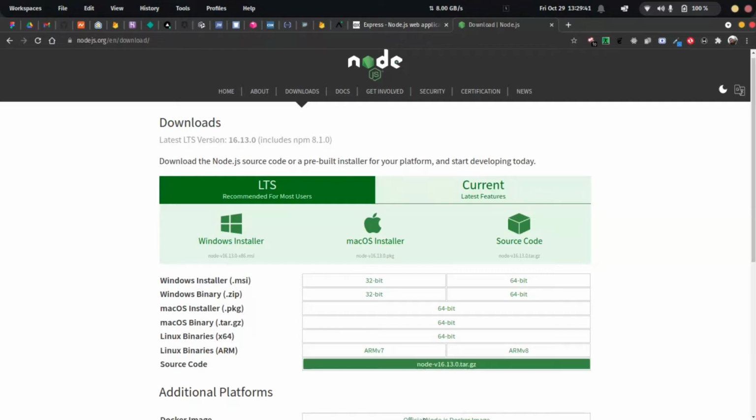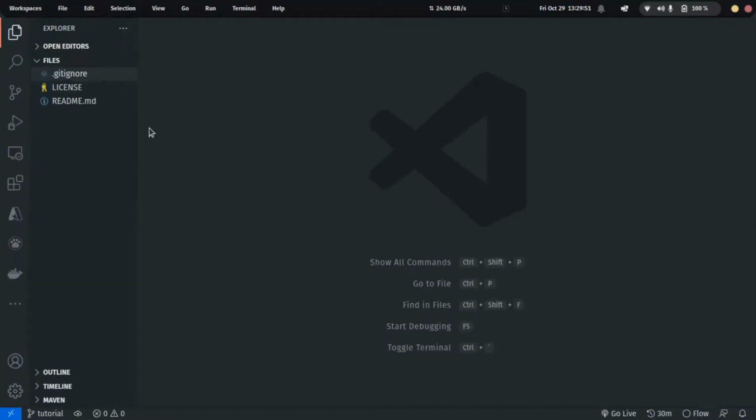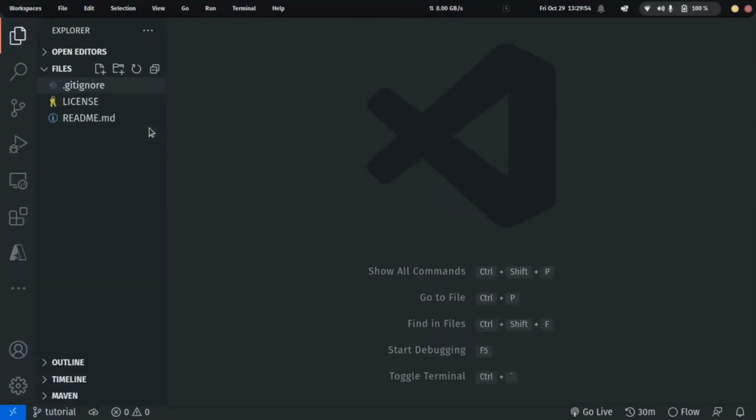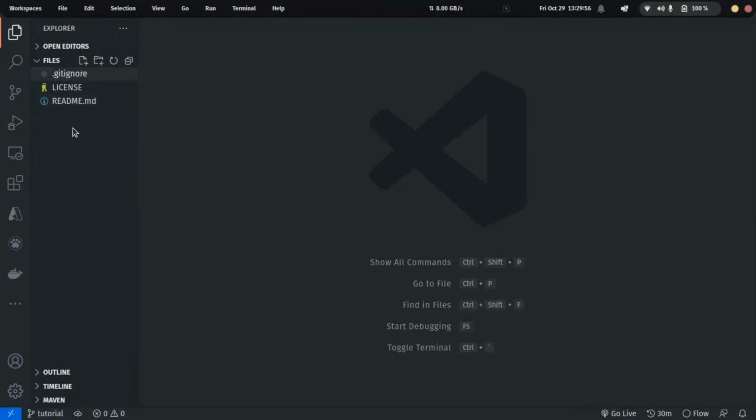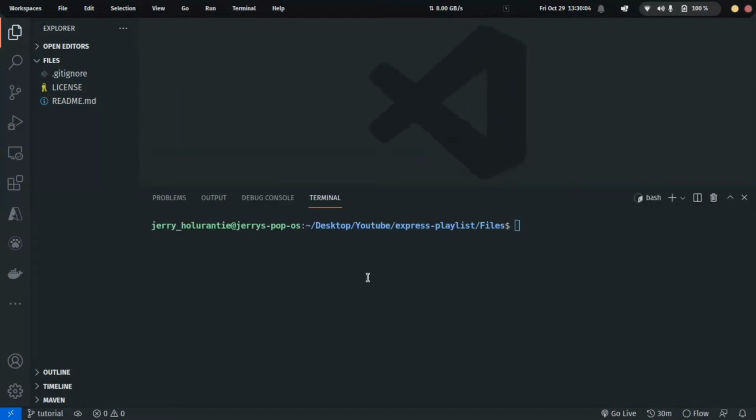So I'm going to open my editor, which is already open. Right here, I'm using VS Code editor. Feel free to use any editor of your choice. It doesn't matter as long as you have Node.js installed on your system. So now I'm going to pull up my terminal, my VS Code terminal, and I have a folder created for